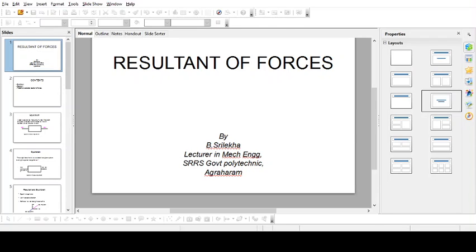Now we got 4 forces, so let it be F1, F2, F3 and F4. Now theta. If you take the first one, it is on the horizontal line, so the angle is 0. So theta 1 is 0. Next, theta 2, if you are measuring from this point, it is 40 degrees. Next, for the third one, theta 3 should be 90 plus 50.